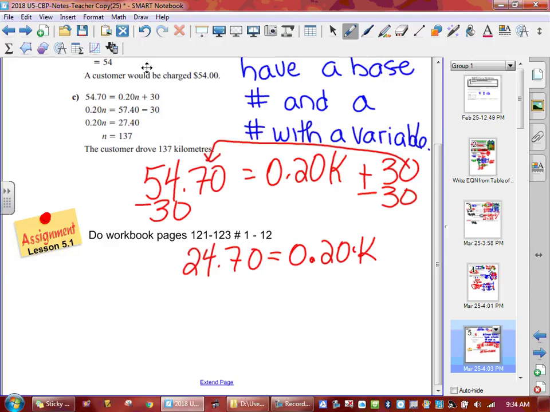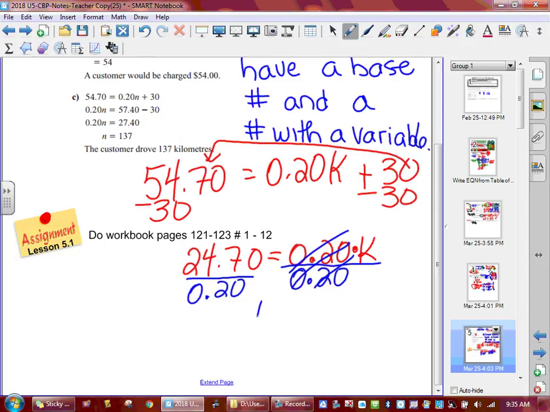It's sitting side by side, timesing. So how do you get rid of it? Divide it out. You have to do the opposite. Divide out 0.20, and then he's gone, and you get your hidden positive 1 in front of your variable. So this side has to divide out by 0.20. And when you do, you're going to get a big number, 137. So kilometers are 137. So you drove 137 kilometers